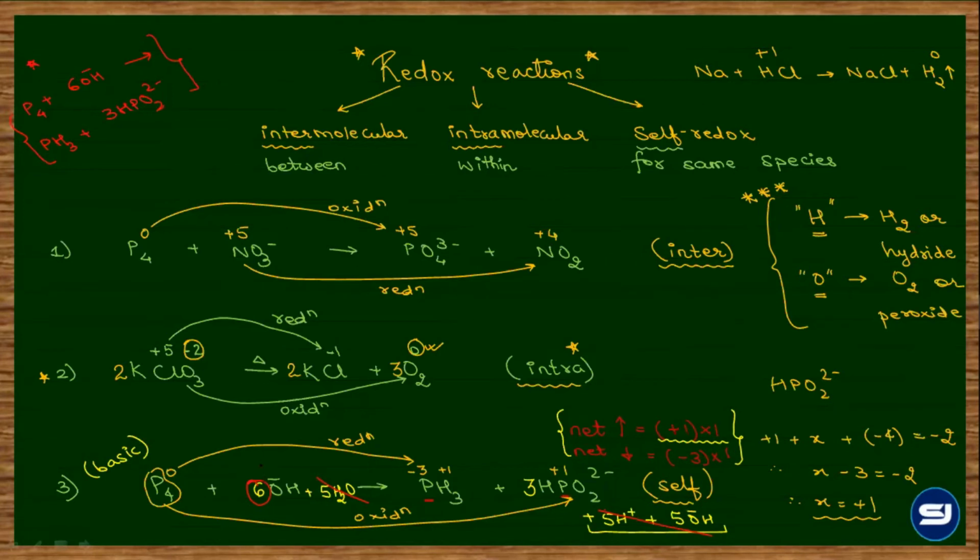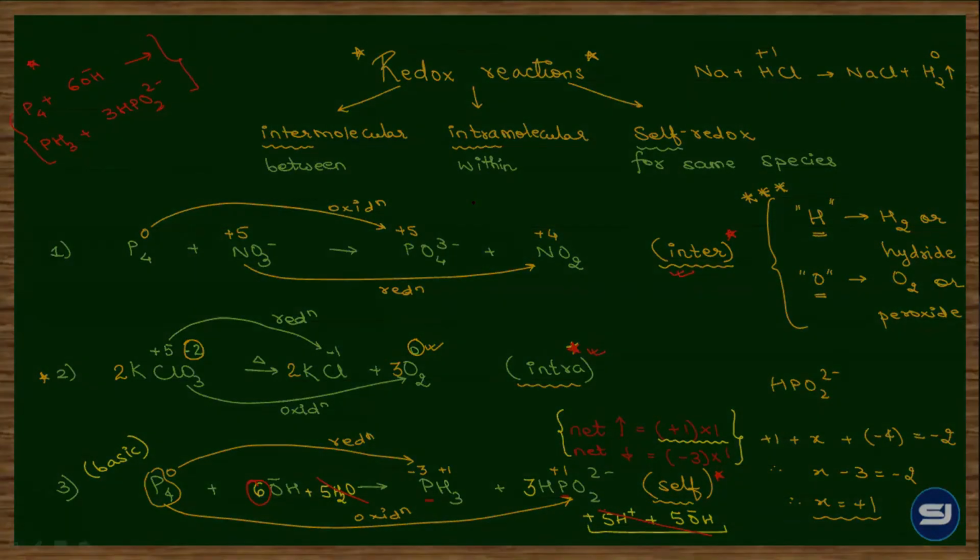Yes, sir. So this was just an additional part wherein I discussed 3 types of redox: inter, intra and self. Intra is simple to balance. Inter is what we are doing in the entire chapter. हमने जितने भी redox अब तक किए, they were all examples of inter only. ठीक है? And self is something wherein the redox takes place for the same species. And उसके balancing के लिए do not balance this particular part which is undergoing the reduction as well as oxidation. Clear?